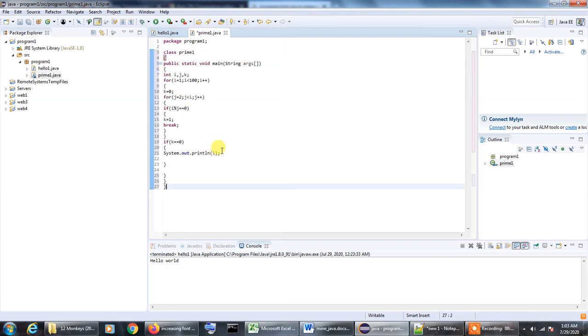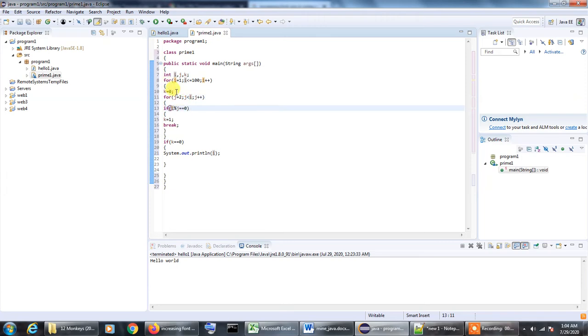Okay, so let me take a look at the code and explain what's actually going on over here. You can see there are two loops. One of the loops is running from 1 to 100 because we've been asked to find all the prime numbers that exist between 1 and 100, and the innermost for loop, the one that exists inside the I loop, that is the J loop, starts from 2 and iterates till it reaches a value that is 1 less than the value of I. It is within this loop that we will check whether a given number is prime or not.